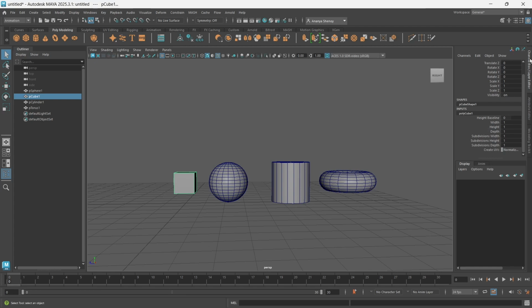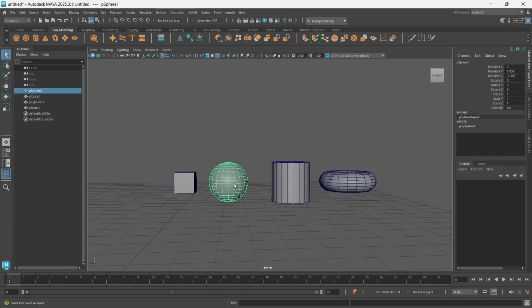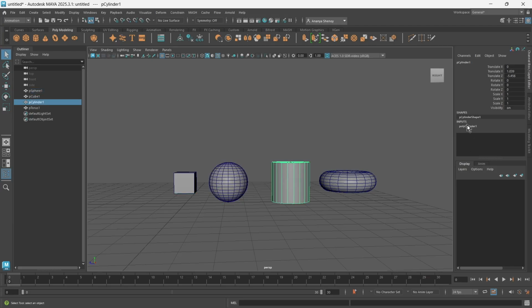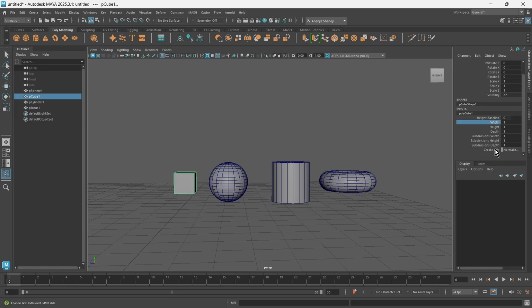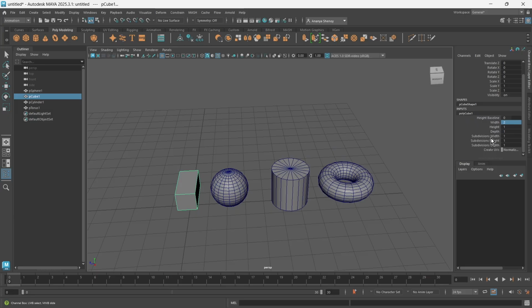These are available in the channel box, and when you first create it, you'll see something called Polycube 1. For most of them, it just shows what shape it is. So polysphere, polycylinder, and polytorus. So for polycube, if I click on this, you can change the width, height, and depth. So I can just type in a number here. You see it change the width. I can type in 3. So you can change these values here. If you left click and drag, you can change multiple at the same time. So for example, I left click, drag all 3 of these boxes,